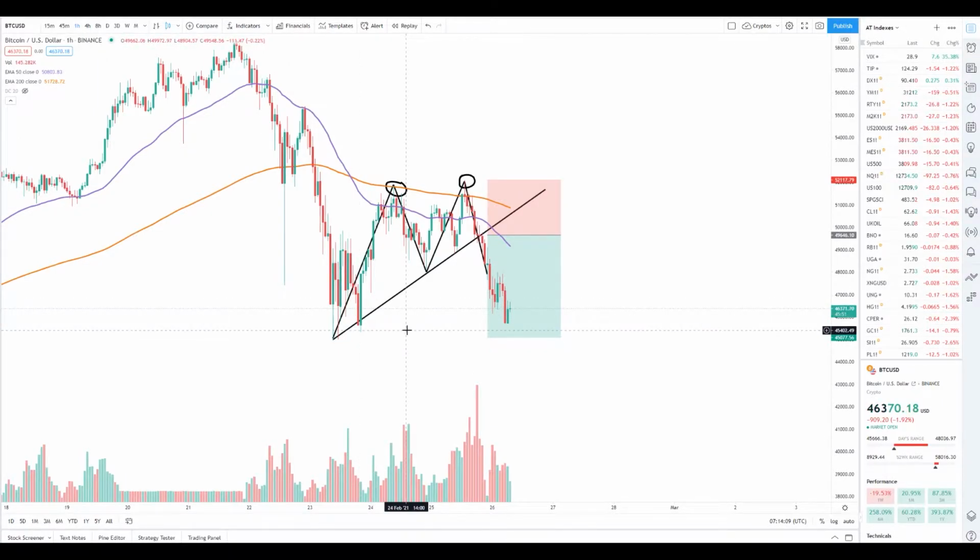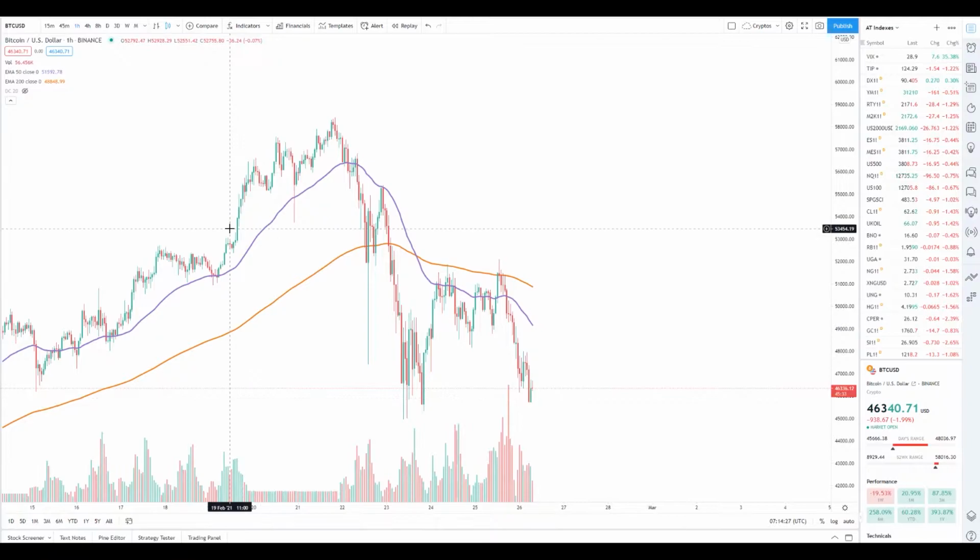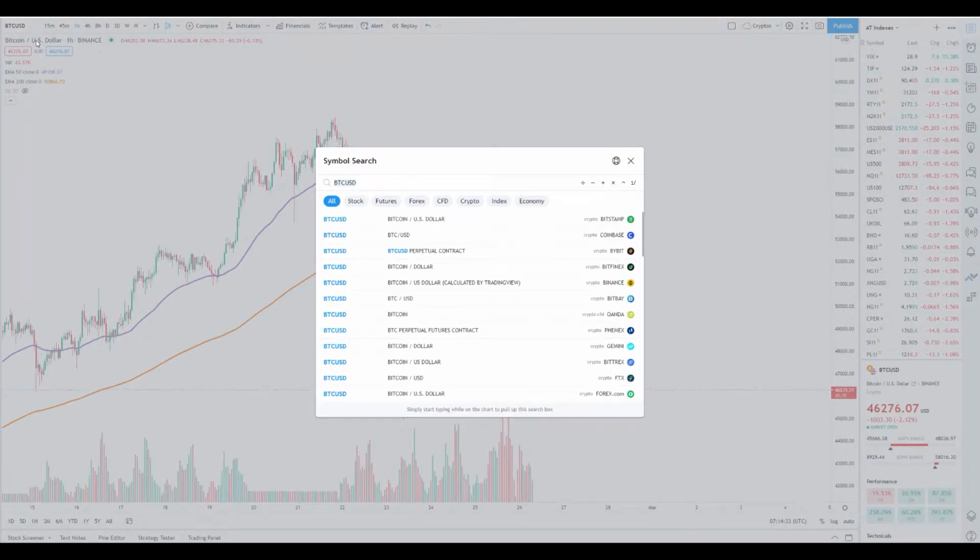So if that's the way you want to learn how to trade, you know, how to look at the chart. So I'm just going to remove my drawings. All right, so basically what I do, I look at the pair that I want to trade, so Bitcoin against the US dollar. In TradingView, I only use TradingView for my charting, depending on the broker that I have,